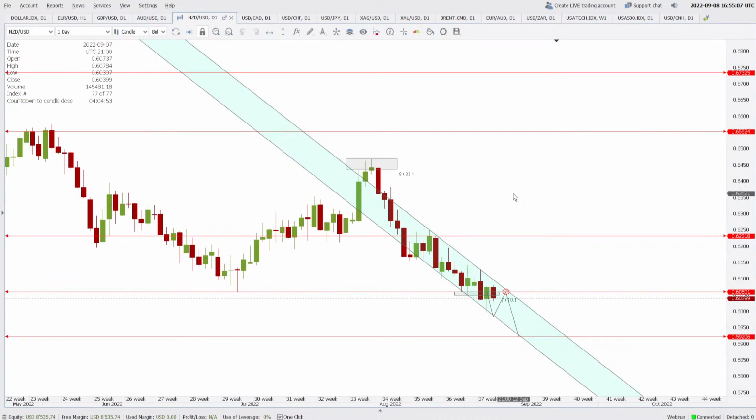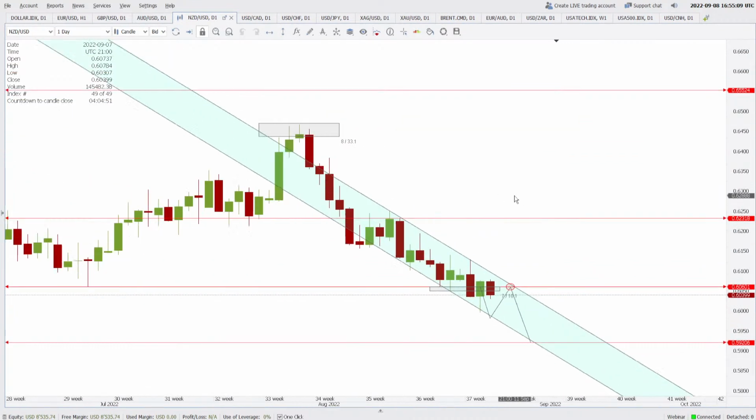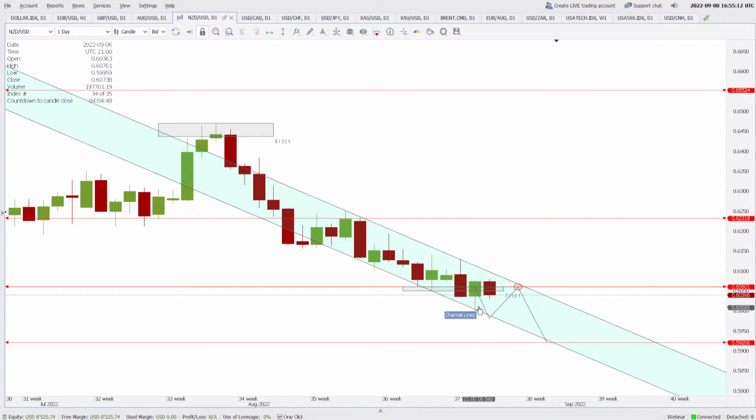New Zealand dollar, nothing much on the chart from the daily. Actually, we were expecting the price to go down a bit and then eventually get resistance at 0.6060. Yesterday it did not happen. The price closed higher than this, and we were expecting this level now to act as a support, but it did not. And now, since this is going to close today below this, this may attract sellers when the price approaches this area again from the downside.